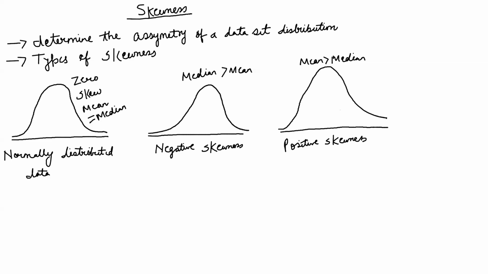Hello everyone. In this video, we will be talking about skewness. So basically, skewness determines the asymmetry of a data set distribution. It tells us about how the data is being distributed around its mean. So it indicates whether the data points are symmetrically distributed or have a tendency to move towards a particular direction